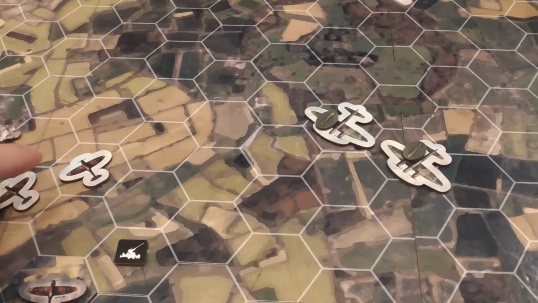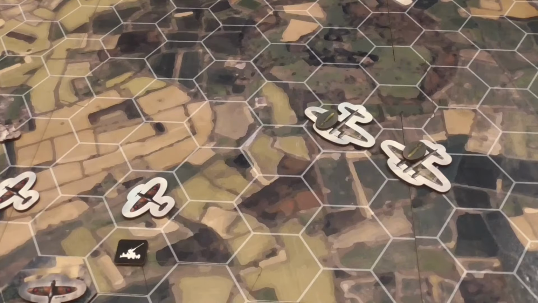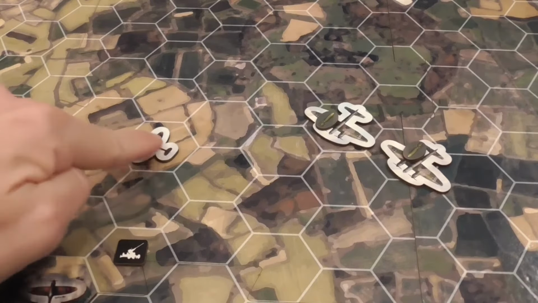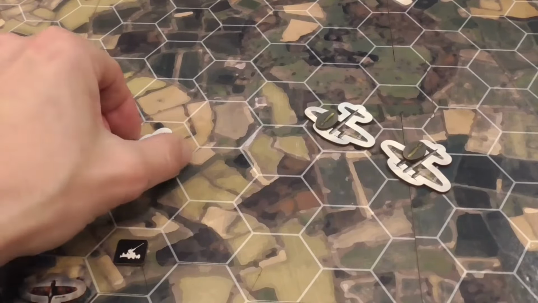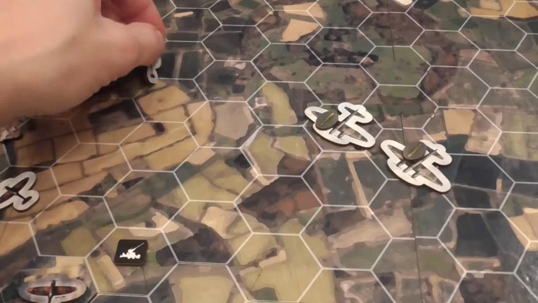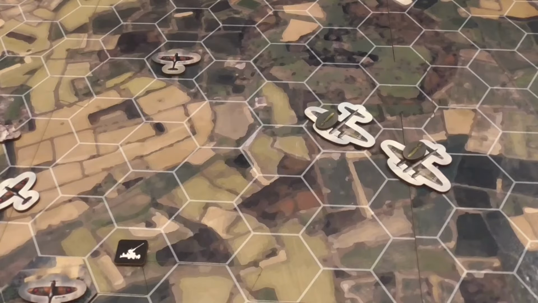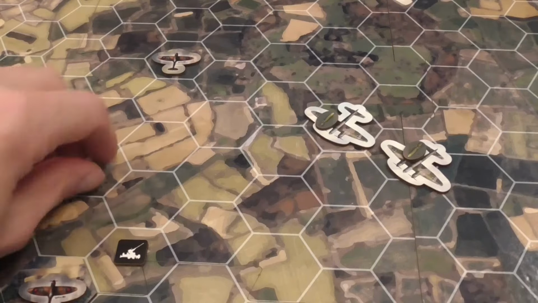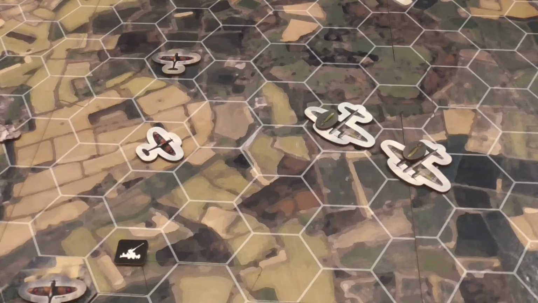So advancing in a, I suppose that this guy started here. Advancing in a straight line is 1. Sliding to one of the sides is 1. Turning to one of the sides is 1, meaning you turn by 60 degrees and then you move like that. Also, that is 1 movement point. You can dive if you're at high altitude, so move 1 space forward and move to low altitude for free. Or if you're at low altitude, you can climb, which is a straight move forward at a cost of